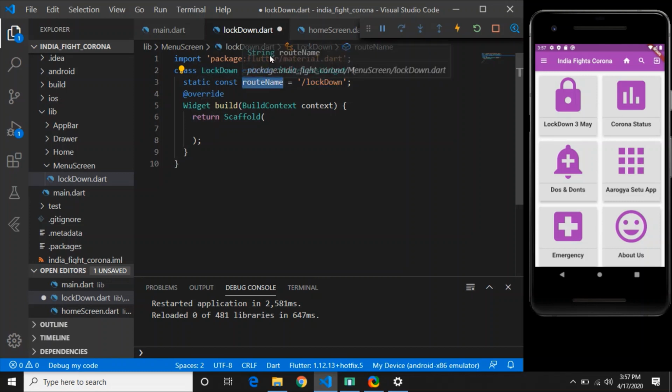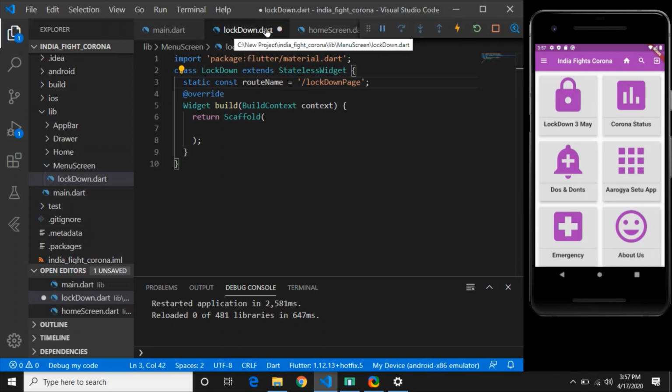Or you can say lockdown page to avoid confusion. So what is the route name of this page? Lockdown.dart will have one static constant, that is lockdown page. Now I will not mention lockdown page anywhere. How will I access it?